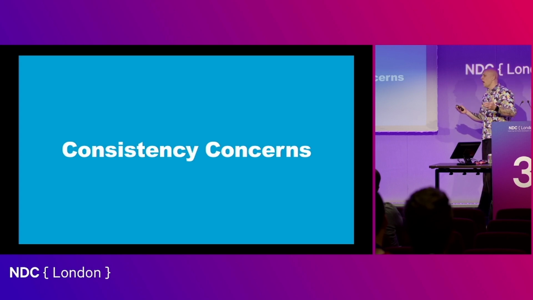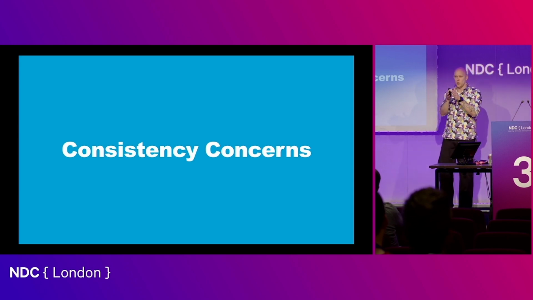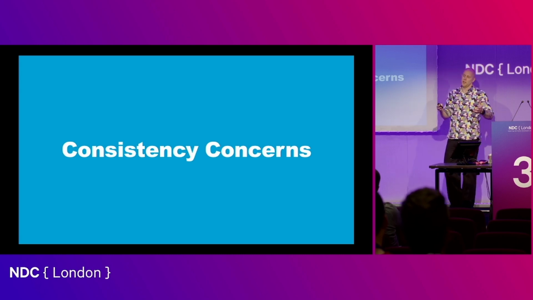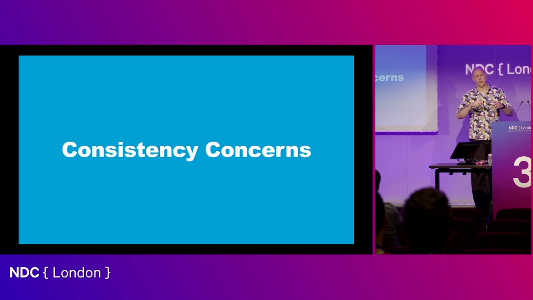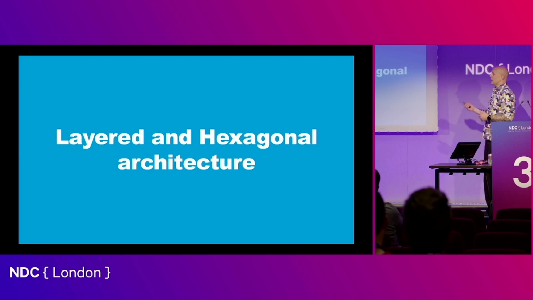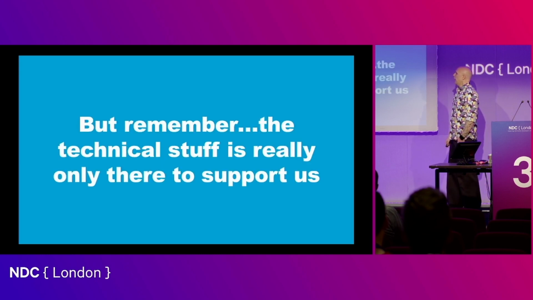It is so unlikely that our network connection is dropped between point X and point Y because they're just 2 calls apart, so we just ignore it, and then consistency can be bad. There's a lot of talk about how to get better consistency and how to think about consistency in your systems. They talk about layered and hexagonal architecture, for example, in there, and more. But